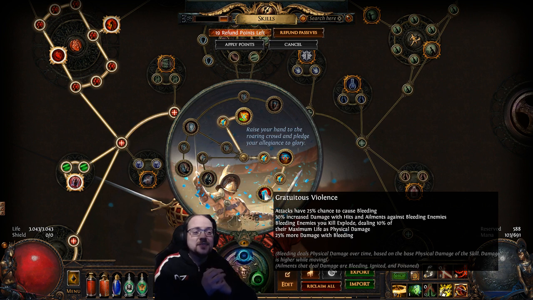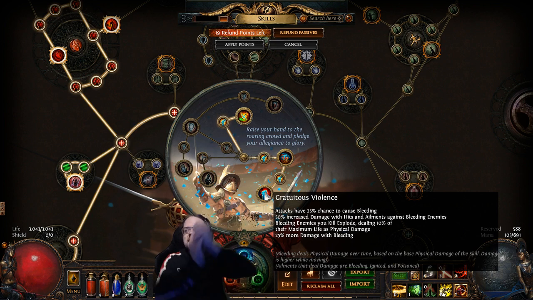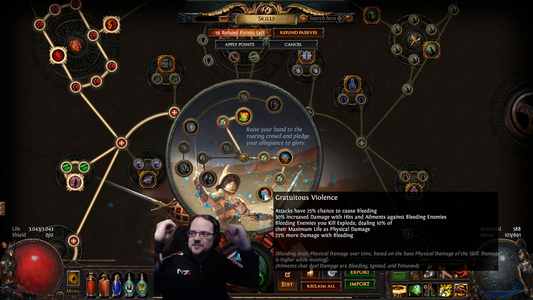30% increased damage with hits and ailments against bleeding enemies. And do remember that bleed is an ailment. So, you know, when they're bleeding, even more damage. And the piece de resistance there: bleeding enemies you kill explode, dealing 10% of their maximum life as physical damage. So that's really cool, because